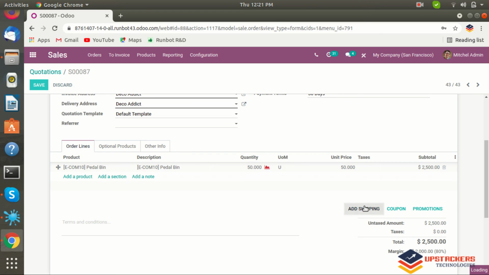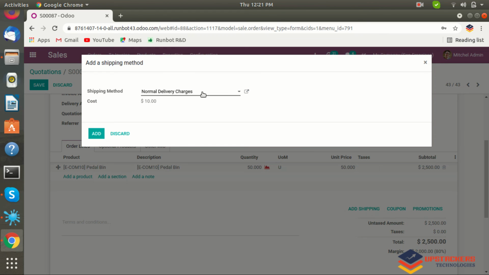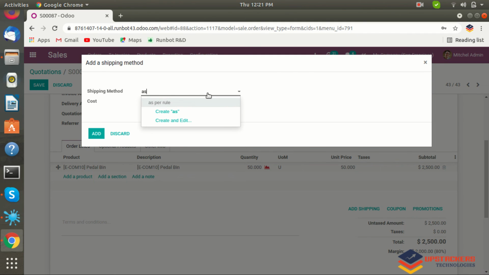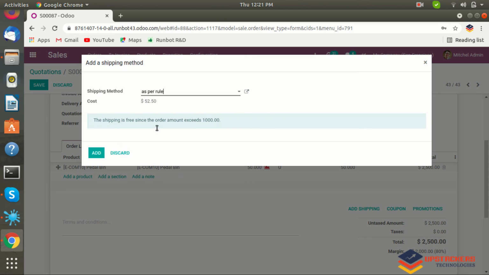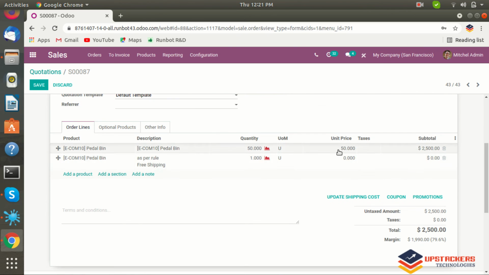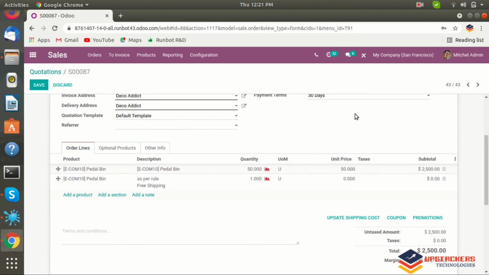So if we add shipping and our shipping method name, as per rule, here you can see the message: the shipping is free since the order amount exceeds 1000. So when you add, then no shipping charges will be added, because our total is above 1000.